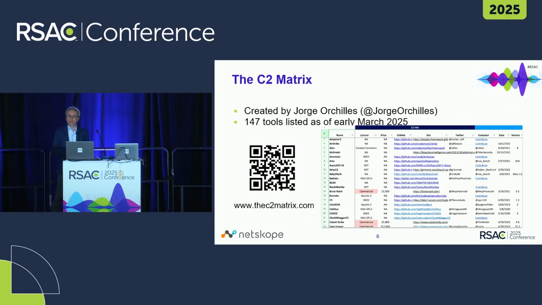So you think 8 tools is a lot? Well, the bad news for you, because there's an open public Google Sheet called the C2 Matrix, which is created by George Ochlis. There's around 115 other C2 tools in these sheets. And some of the tools we'll be covering here are not even in the matrix. I hope that our coverage is enough to make you have a rough idea of how things work.